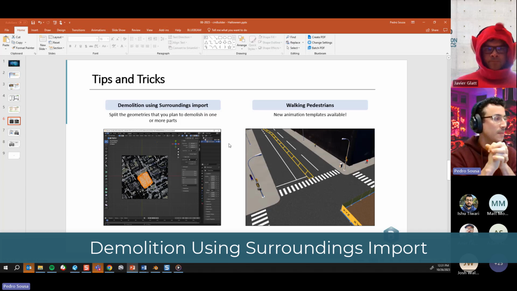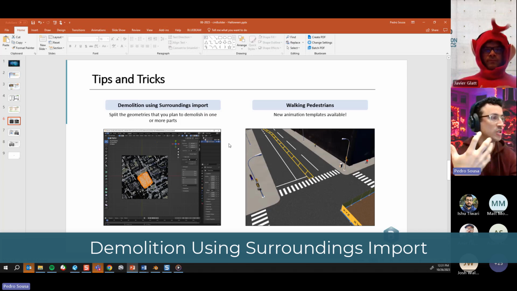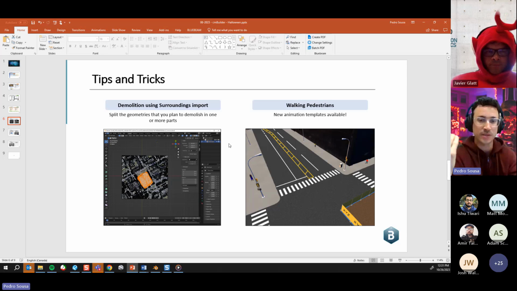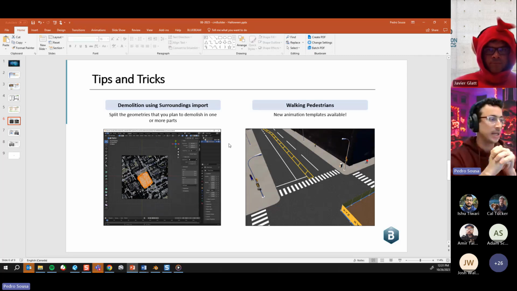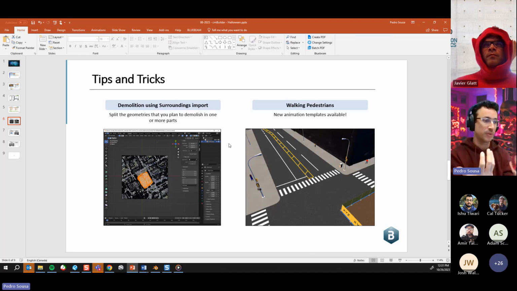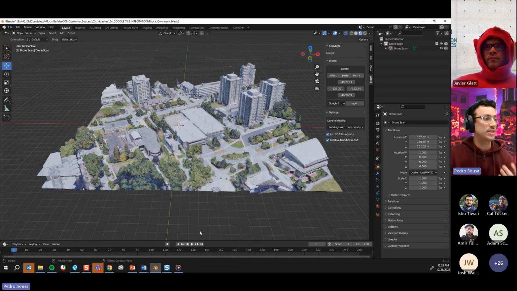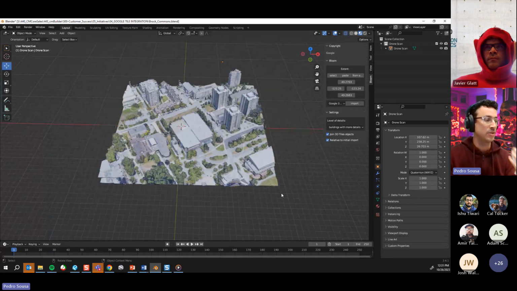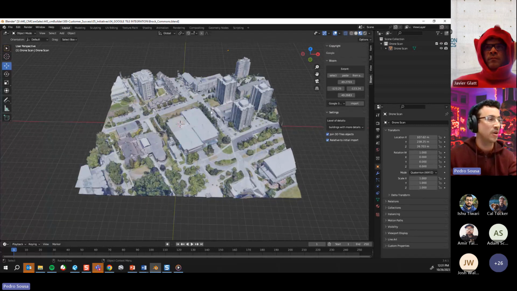So the first one that I want to talk about is the demolition using surroundings import. These surroundings imports can come from a drone scan, or from any other types of services that you use to import a better shape for the surroundings for your scenario. Usually, what we suggest is that you open those elements and those scans first in Blender because you